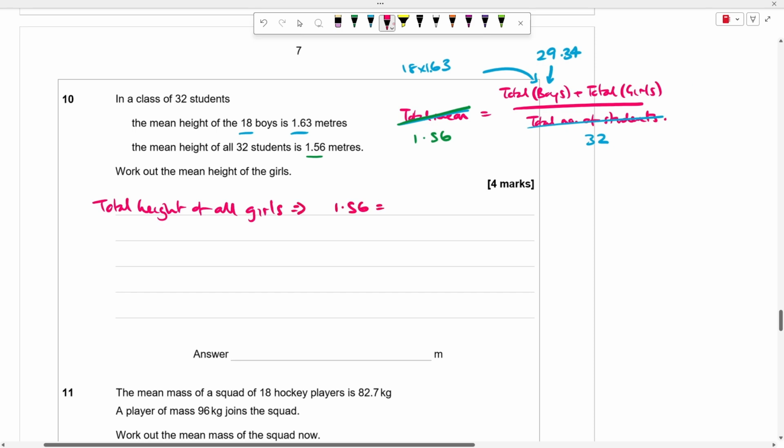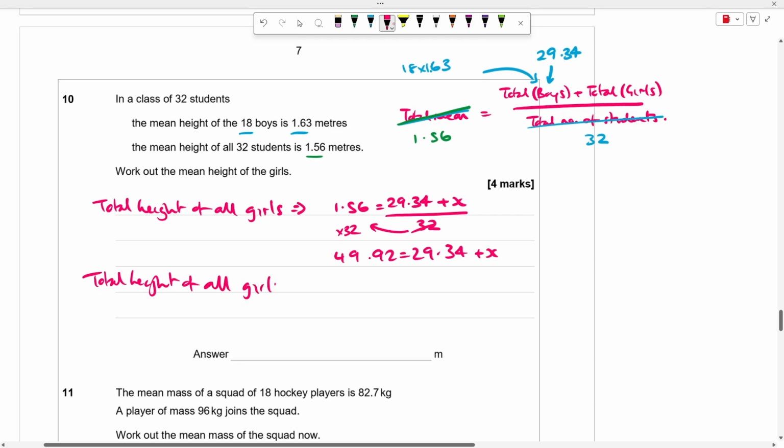So I've got 1.56 equals (29.34 plus x) over 32. If I solve for x, I take the 32 over to this side, so I get 1.56 multiplied by 32, which equals 49.92 equals 29.34 plus x. So the total height of all the girls is x, which equals 49.92 minus 29.34, which gives us